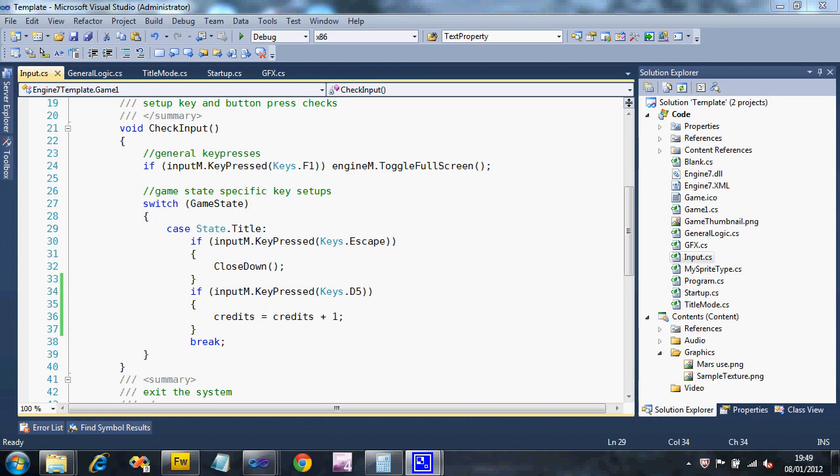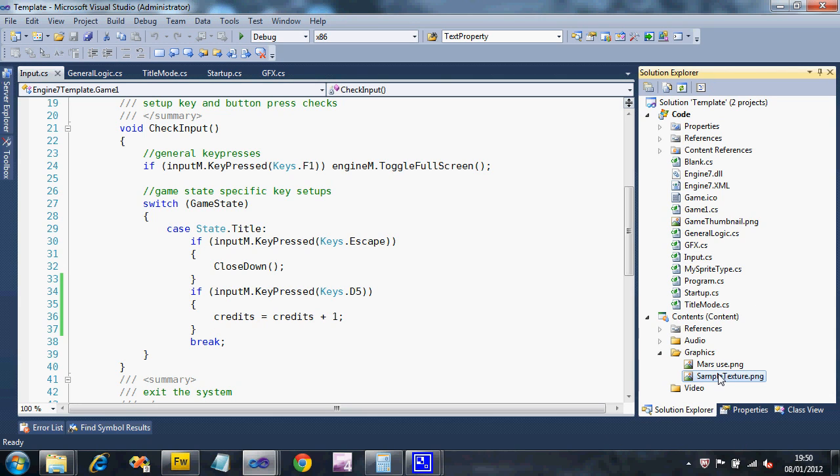Okay, this is part 4 of the simple title screen tutorial. In this one we're going to add our insert coin sprite and the press start sprite. Now the first thing we're going to do is make sure that we load the sample